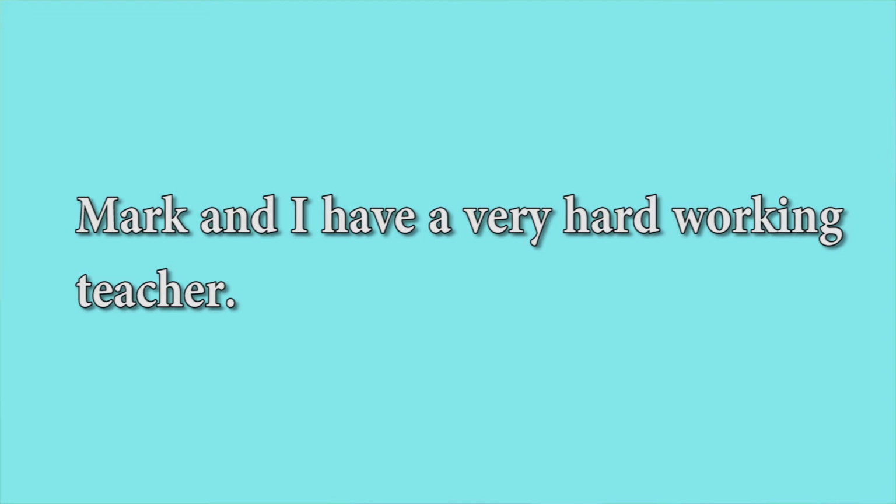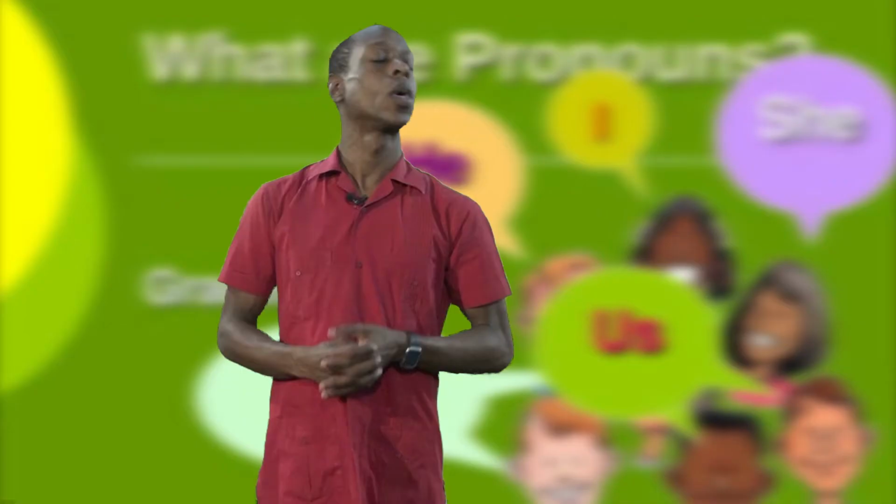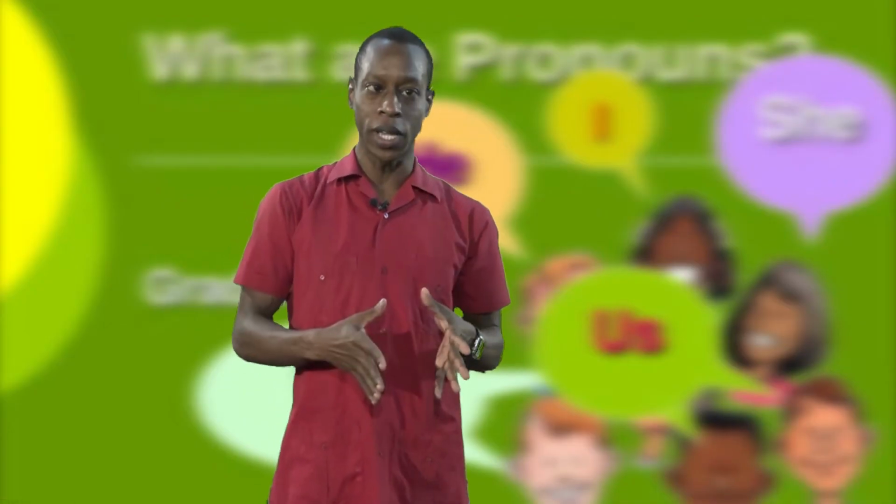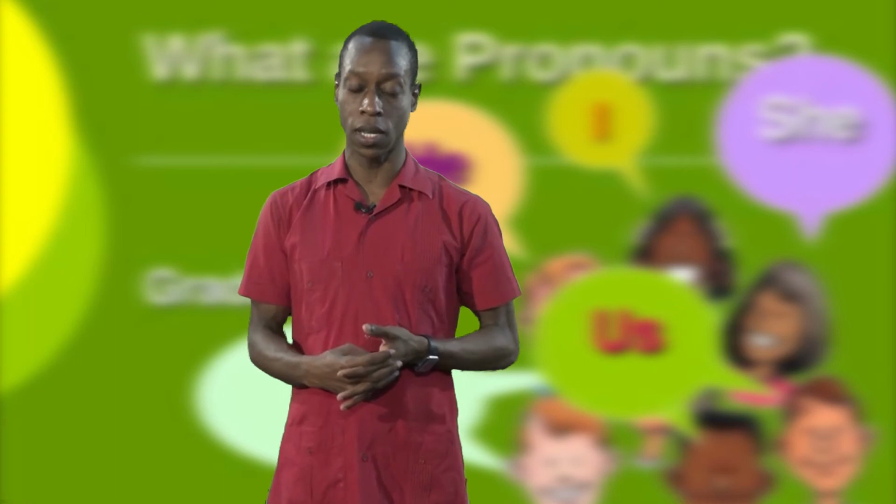Mark and I have a very hard-working teacher. Who is this sentence talking about? The sentence is talking about Mark and I. Therefore, Mark and I are the subjects of the sentence. Good job. Now that we understand what a pronoun is and what a subject of a sentence is, let's try